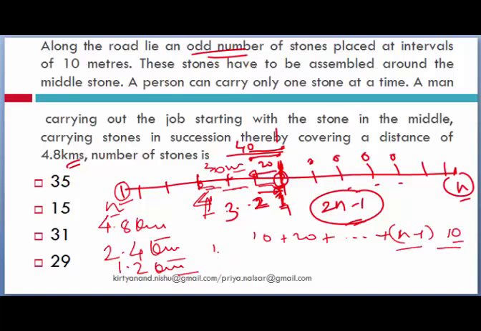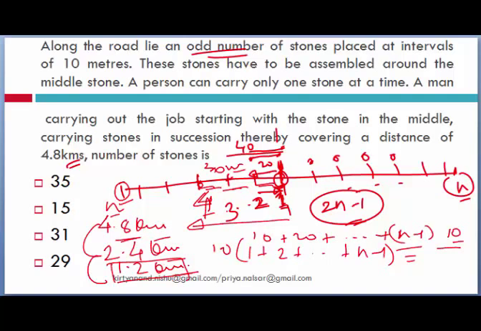So I will take 10 as common, and then I will get a sum of 1 plus 2 plus up to n minus 1, and I will equate that number to 1.2, because I just showed you how from 4.8 we are reducing it to 1.2. 4.8 is for both the sides, 2.4 is only for half the side, and 1.2, since for each of the stone the person is covering double the distance, we are assuming he is only covering one side, so we have reduced it to 1.2. So that becomes 1200 meters if we convert in meters,